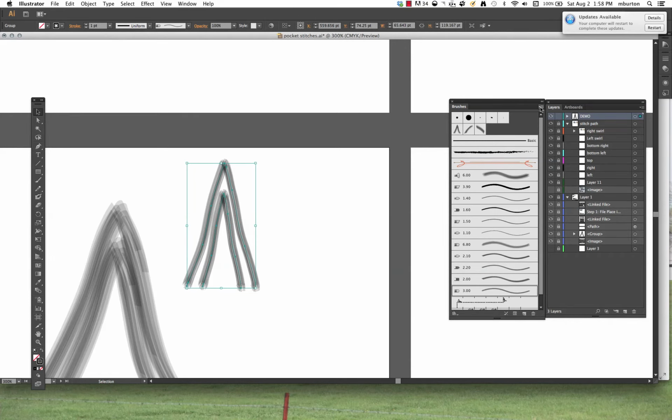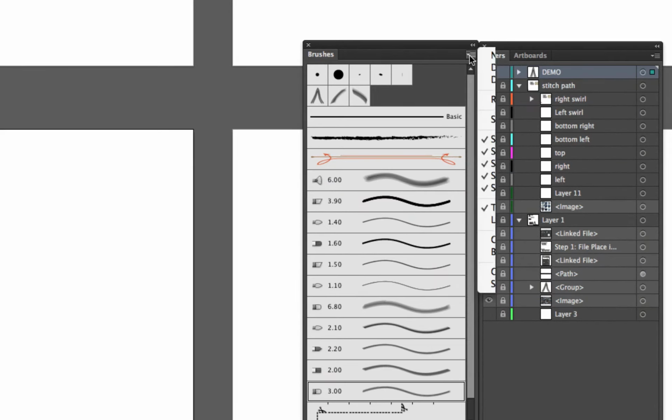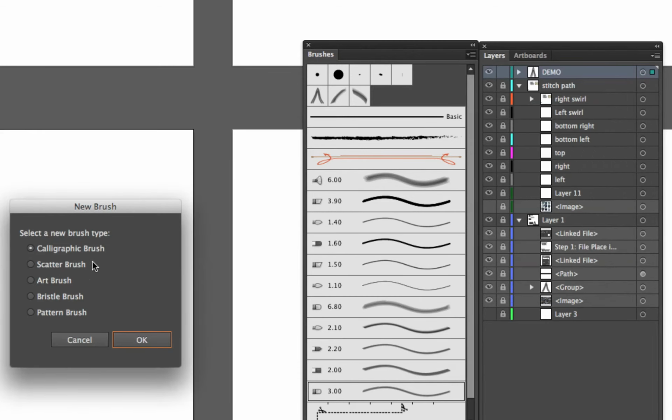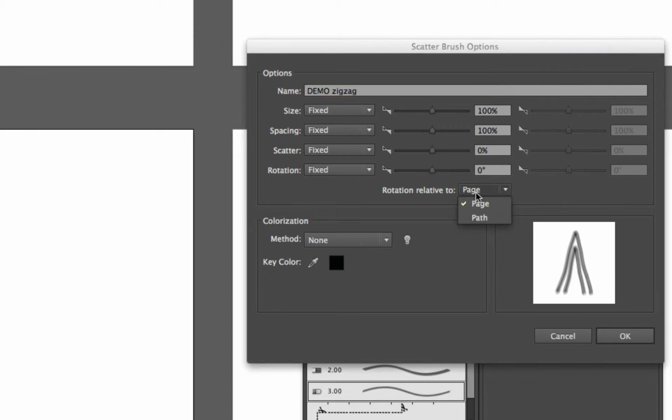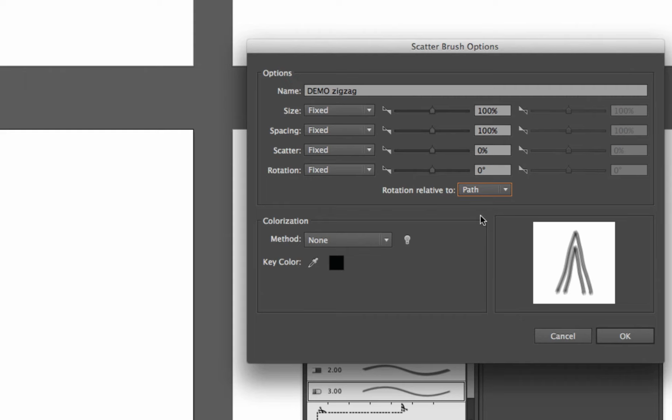And now the next step is, with those 2 selected, go to the Brushes menu, New Brush, and we're going to choose Scatter this time. Hit OK, and I'm going to call this Demo Zigzag, just so I know exactly where it is. You can change all of this stuff if you forget to do this at this point, but right now the main thing is I want to change this rotation relative to path, because I want to apply this thing to a path and I want it to rotate based on the path, on the